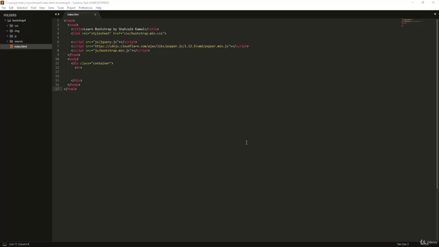So how can we just make a card? I'm just going to talk about the basic card for now. For making a very simple and basic card, we need to go to where we want to make the card or the element of Bootstrap. We want to make it like we are here right now, and then we need to put the